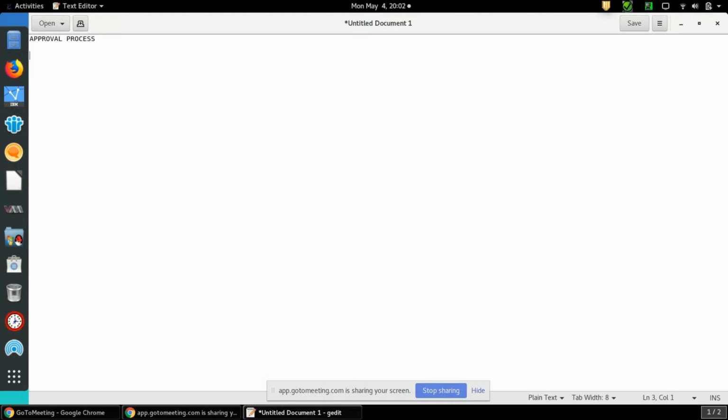Once you go into your organization tool and submit a request, an email or notification will go to the respective manager to approve, right? He will check all the conditions, like how many days you took and for what purpose you are requesting leave. Based on the business requirement, he may approve or he may reject, right? In the same way, in Salesforce also, we have the approval process concept.